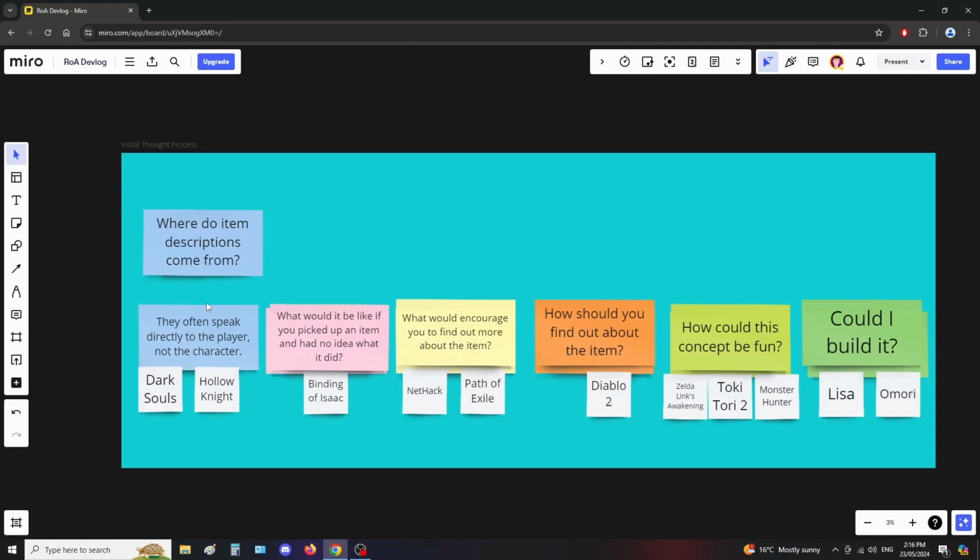The first thing I think is, they often speak directly to the player, not the character. You see that in games like Dark Souls and Hollow Knight. That's not all games, though. Some games do have a very diegetic way of getting that information across. There is a game that has a bestiary that has notes in it about the different monsters in the game, written by the characters in the game. And that's a great diegetic way of getting that information across. I'm totally blanking on that game right now, but